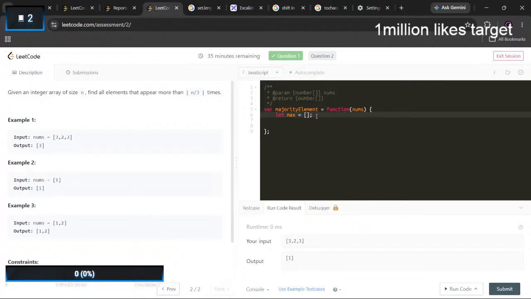Why can't I even think of a solution? I know how to find a majority element. They are returning it. What does n by 3 mean?